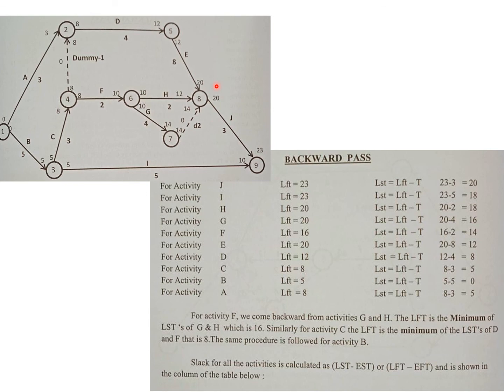But that is an ideal case. Given the fact that it is a preceding activity to activity J, the latest finishing time for activity H is the latest start time for activity J. That is why, when you calculate the latest start for activity J as 20, you start with the latest finishing time of activity H as 20. The time required for activity H is only 2 days, so the latest start time for activity H is 20 minus 2, which is 18, and similarly the other activities are calculated.